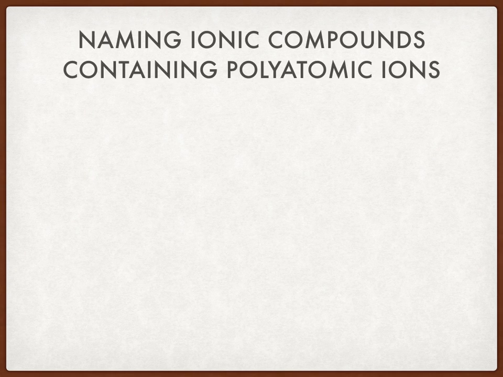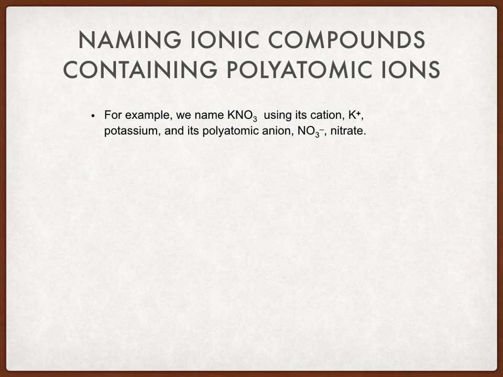So let's talk about naming ionic compounds containing polyatomic ions. Again, polyatomic ions, they're ions, right? So they are a compound made up of non-metal elements chemically bound together that possess a charge. Since they possess a charge, most of them with the exception of one having a negative charge, they can be used instead of single atomic ions in